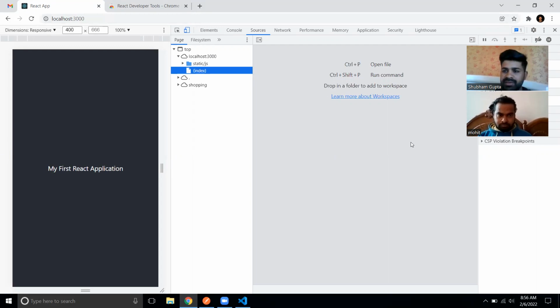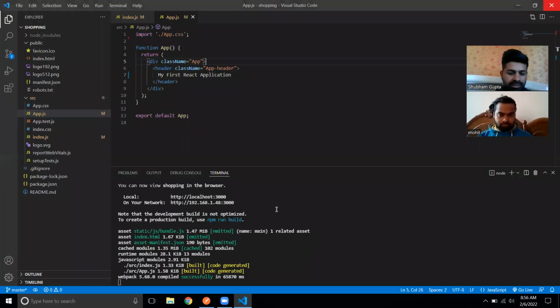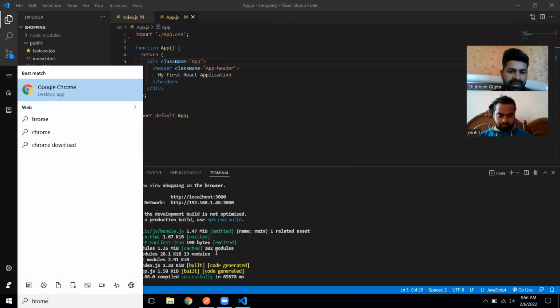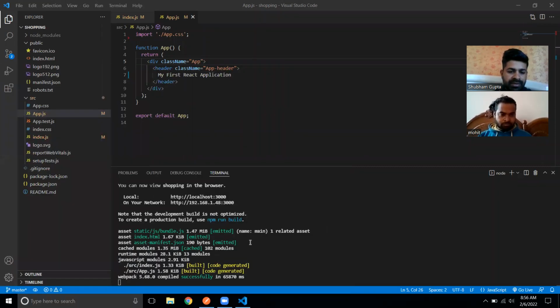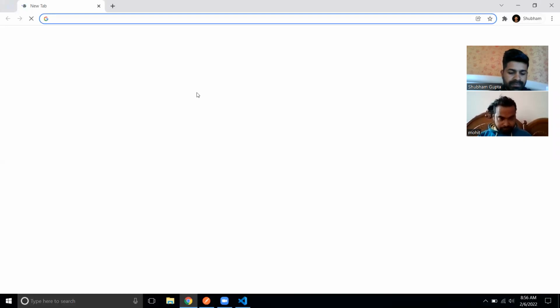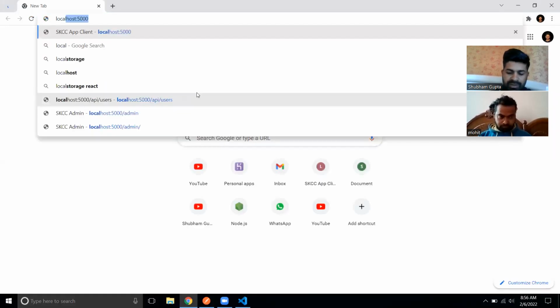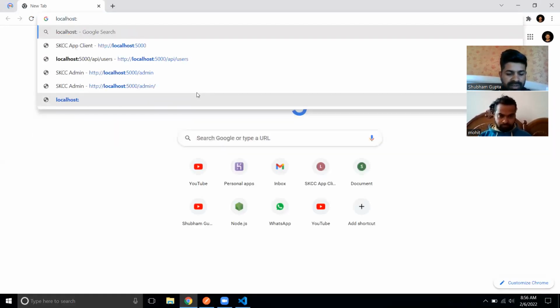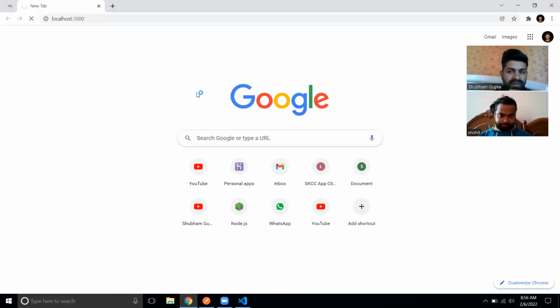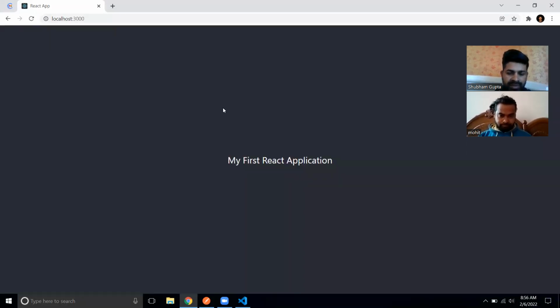Let's try this. Close the Chrome browser. If I open up Chrome again, localhost 3000, I guess. So here, if I inspect,